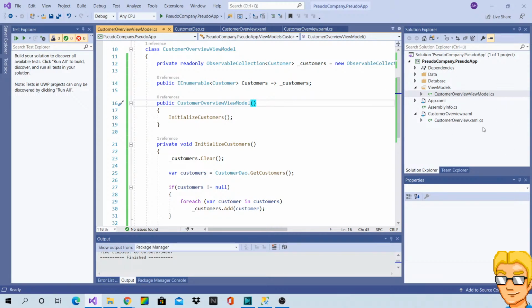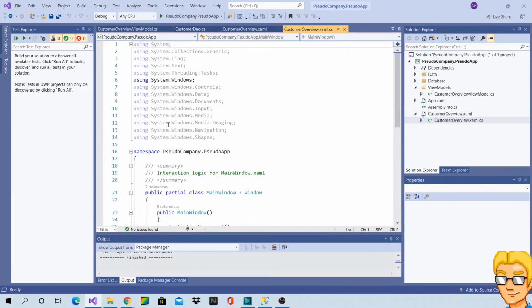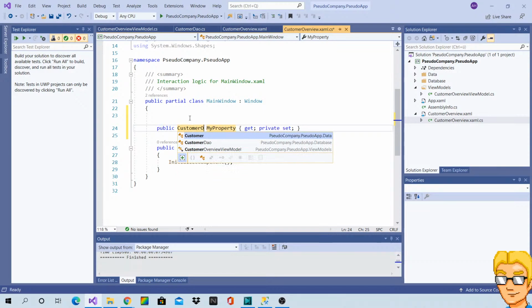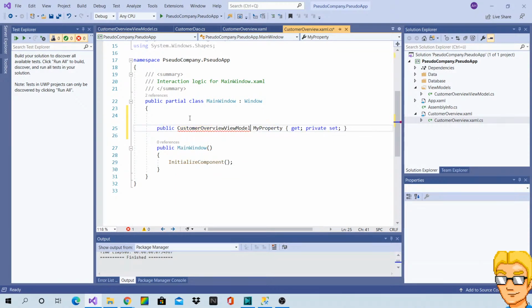Oh yeah. First of all, let's go into the code behind here. And I'm going to need a customer overview view model. It's quite a mouthful. Oh, I think there's already one.